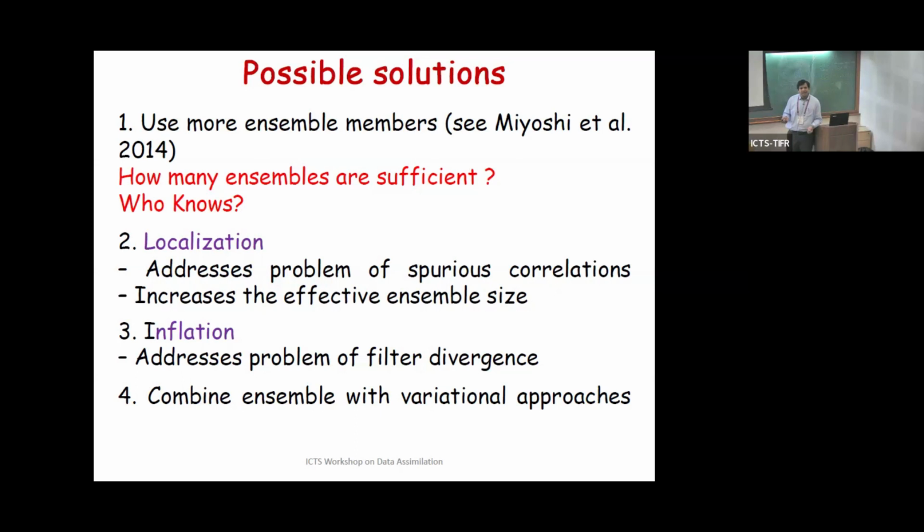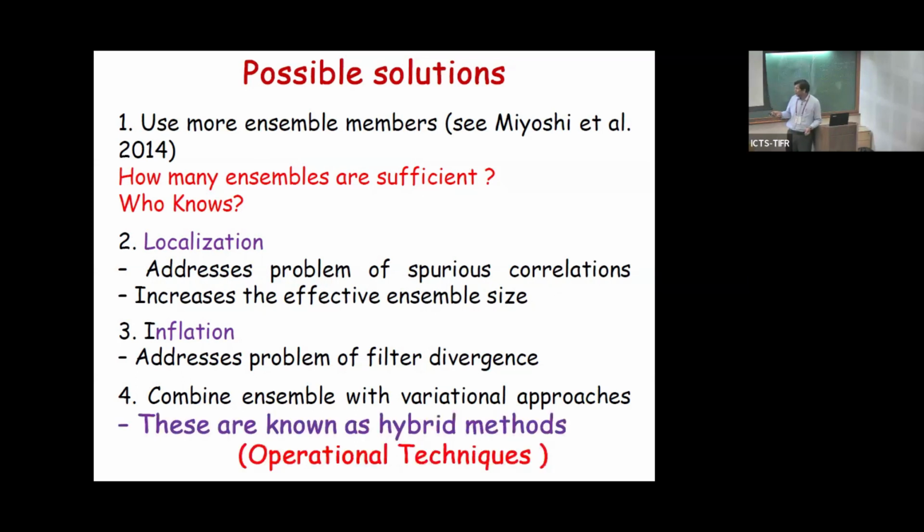And that's the reason in most of the centers, except a few, hybrid methods have become very popular. Hybrid methods means data are assimilated using the variational method, either 3D-Var or 4D-Var. Like 4D-Var is used in NCMRWF, UK Met Office, ECMWF. 3D-Var is still being used in NCEP. And the flow of background error covariance part is taken by Kalman filters, different variants of Kalman filter, like